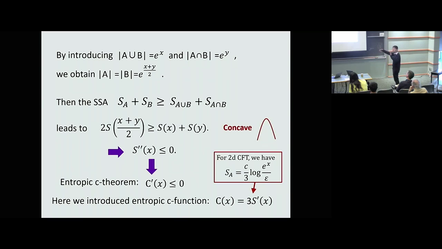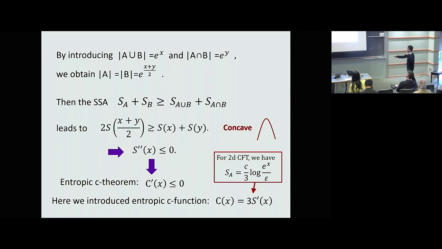And we regard this subsystem size as the energy scale, because this is the only scale with which we probe this entropy. So we define this effective central charge, or a C function, in terms of the derivative of S, because for two-dimensional conformal field theory, as we also mentioned before, the well-known fact says that S is c over 3 times log of length divided by epsilon, the cutoff. And that means if we take the derivative of S, then it just gives c at a fixed point.